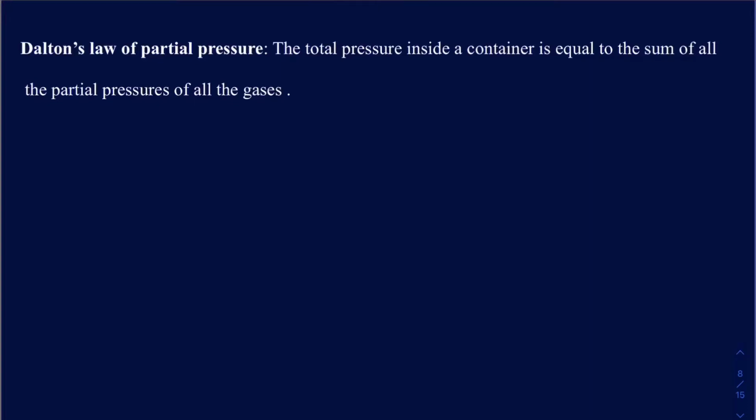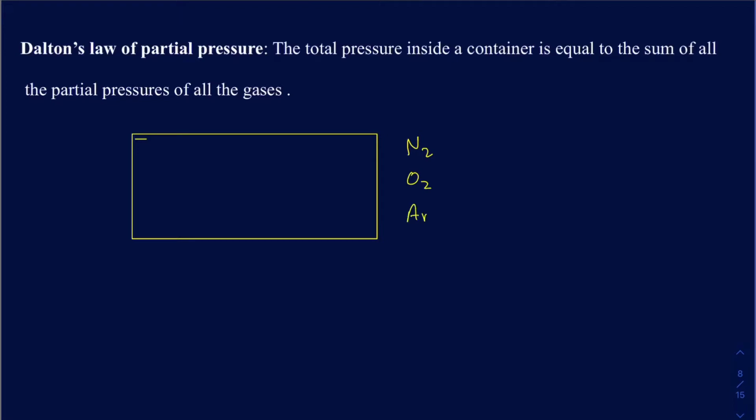In this tutorial, we're going to be talking about Dalton's law of partial pressure. It says if you have a container with multiple gases in there, something like N2, O2, and maybe argon, then the total pressure inside of that container is going to be equal to the sum of the partial pressures of all